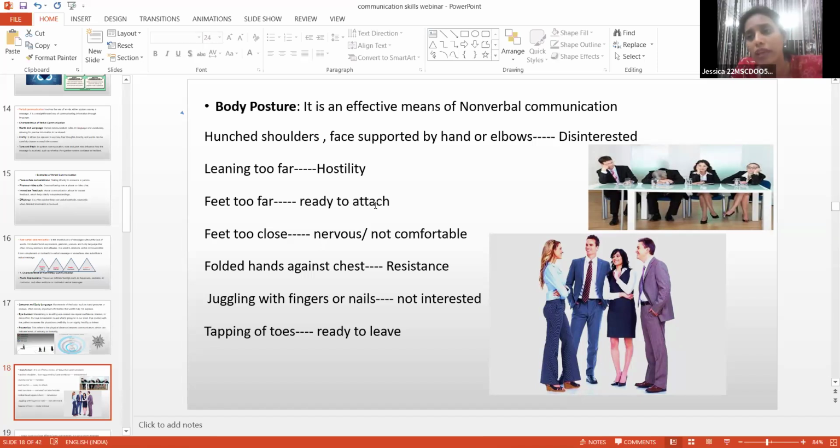Now, when the physician or the other people around the healthcare professional are juggling with their nails or with their phone, that directly indicates to the patient that we are not interested. Since I am doing my fellowship in medical education, I am working on a project about effective communication with patients. For that, I interviewed around 30 patients, and more than 50% of them had this problem,